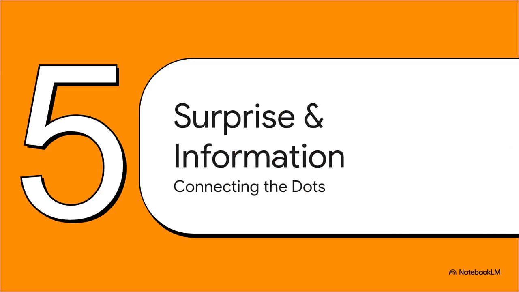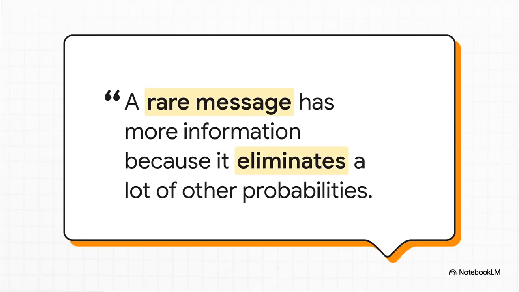Okay, so we've got the math part down, but now let's circle all the way back to the beginning. Remember those words? Disorder, uncertainty, surprise? How does this math connect back to those ideas? Well, here's a really great way to think about it. A rare message, like getting the snow report in Tokyo, carries a ton of information precisely because it's so surprising. When you hear snow, it instantly eliminates all those other way more likely possibilities. But hearing the super common message, fine, that's not surprising at all, right? It doesn't really resolve much uncertainty for you, and so it contains way less information.